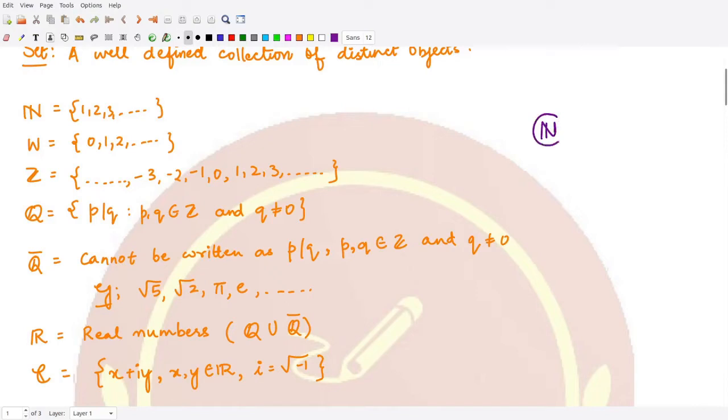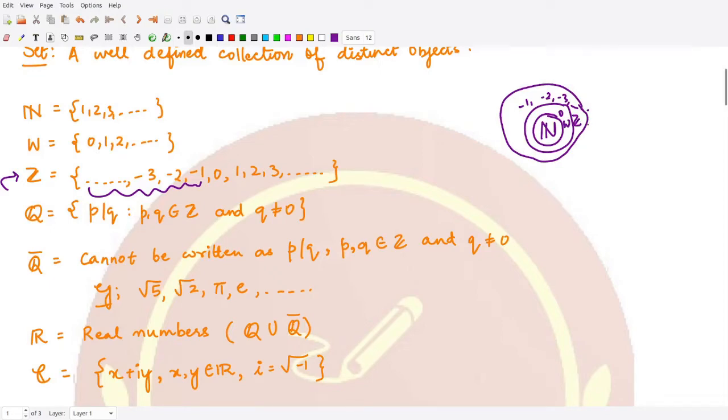So we have the set of natural numbers here, then we add a 0 to it, so it becomes the set of whole numbers, right? Next, if we also add all the negative numbers to this, that is -1, -2, -3 and so on, to the set of whole numbers, then we have the set of integers, which we denote by the symbol Z, right? This set forms the set of integers.